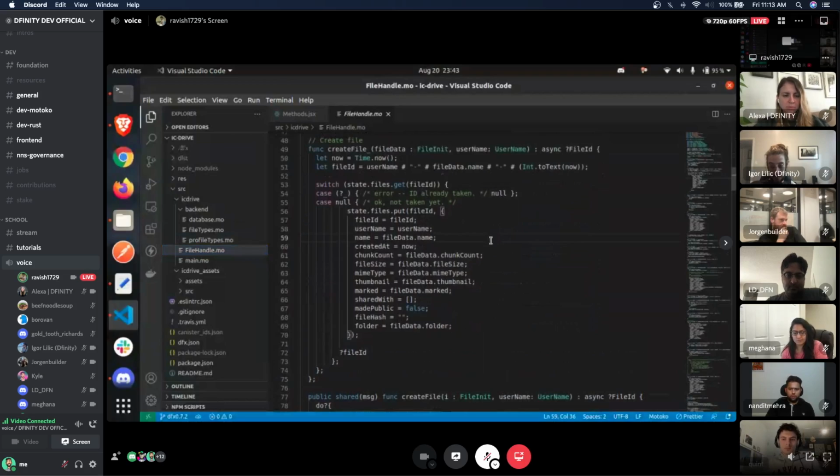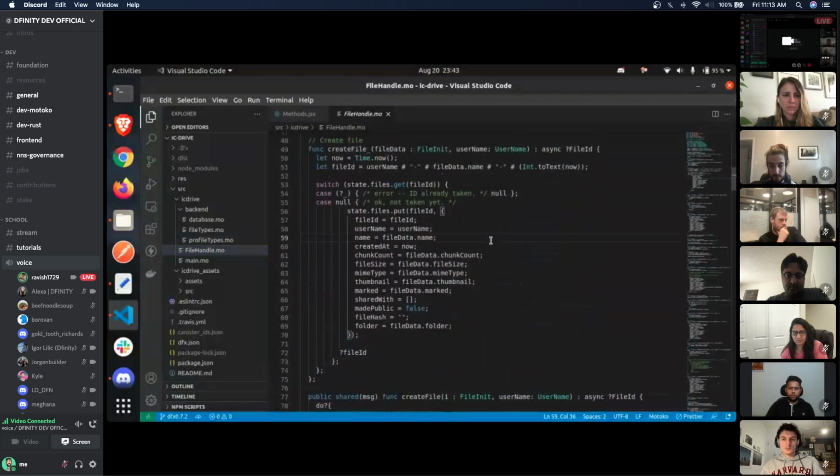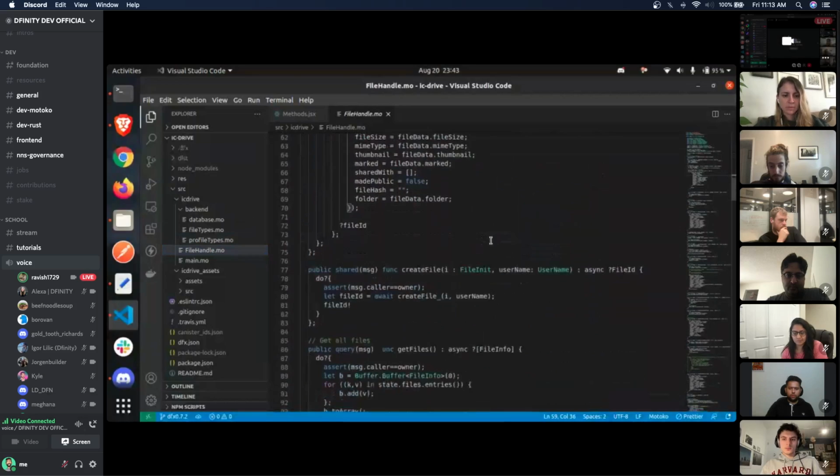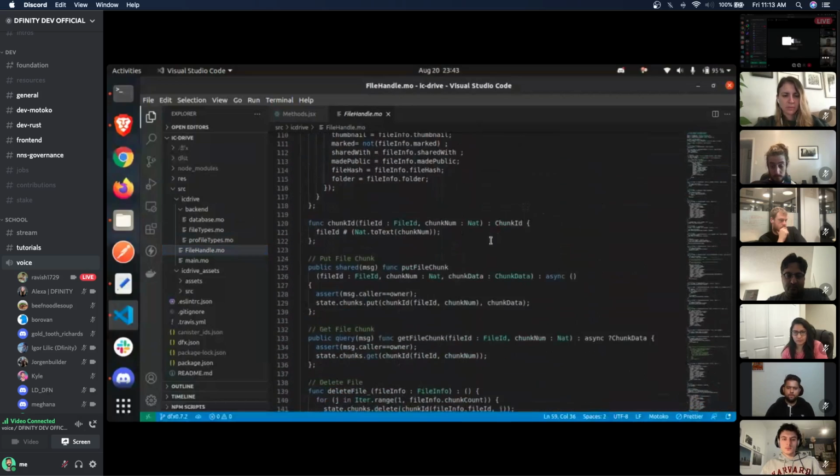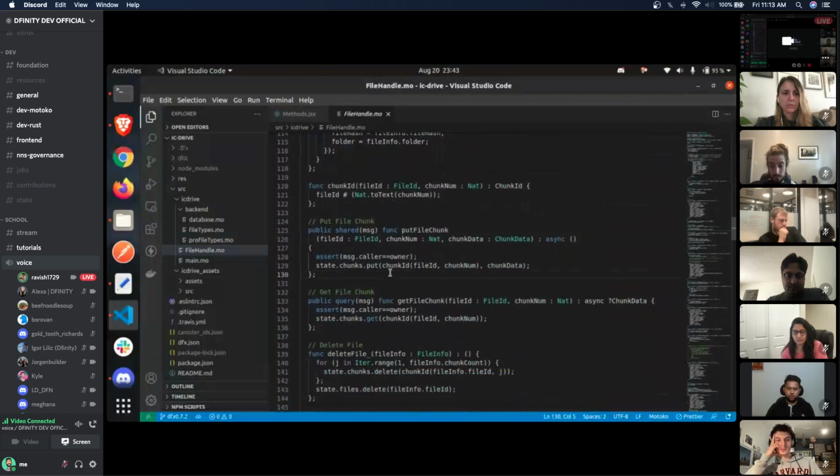Then the front end actually uses that file ID and starts saving the chunks of that file using this chunks function, which we have at the bottom. So the put file chunks function will generate a chunk ID of that particular chunk, and then it will start storing the file in chunk by chunk format. Currently we have divided files into 1.5 megabyte chunks.